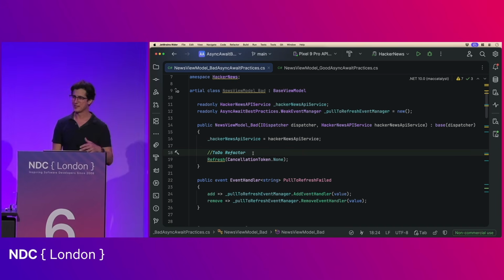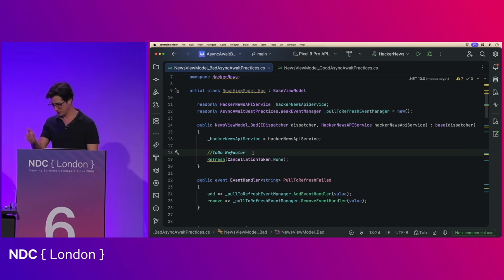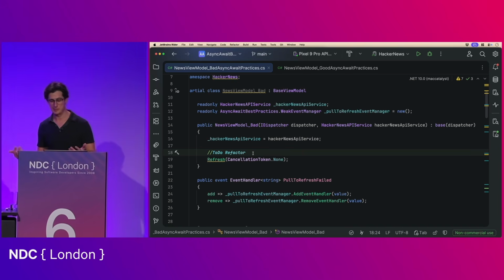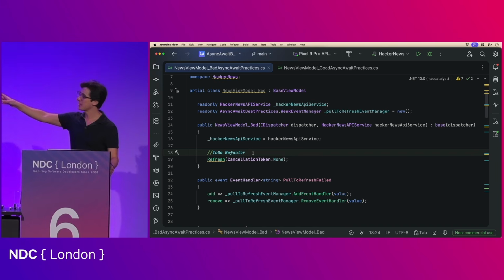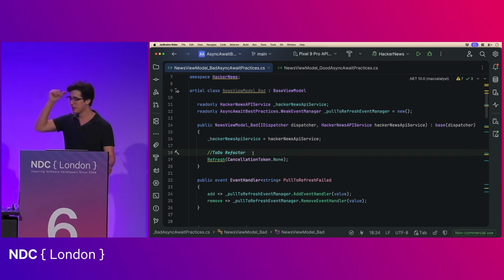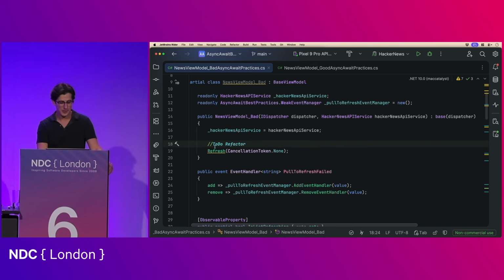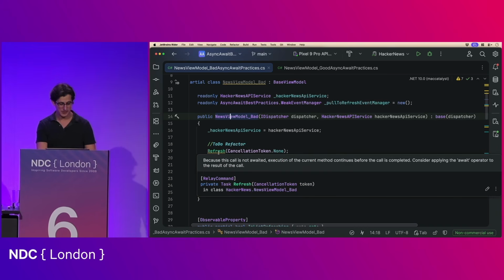Could you imagine every time you launch Instagram, you had to first swipe? That's not a good experience. So I want to refresh automatically for the user, at least the first time. And so I really want to call this refresh method here in the constructor, but I'm getting yelled at because,